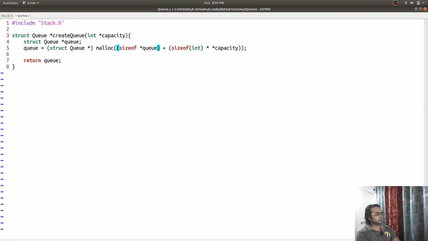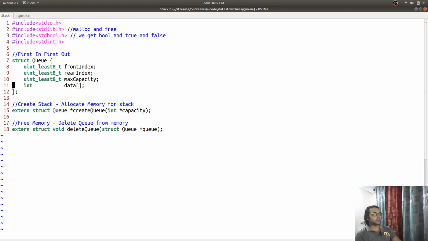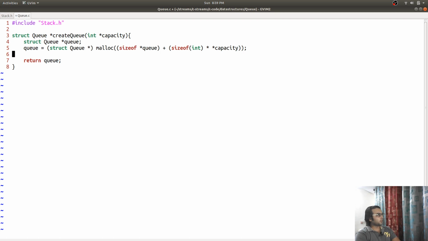We are allocating the size of a struct queue, and getting the size of an integer and multiplying it by the capacity, the number of integers that we are going to store, to provide the size for this data variable. And I'm also going to check that if queue is equal to null, printf the memory allocation